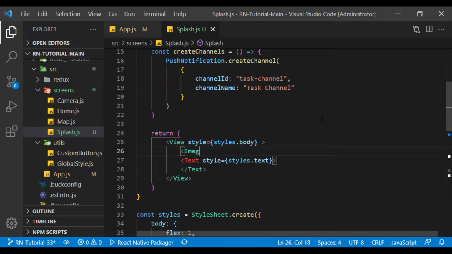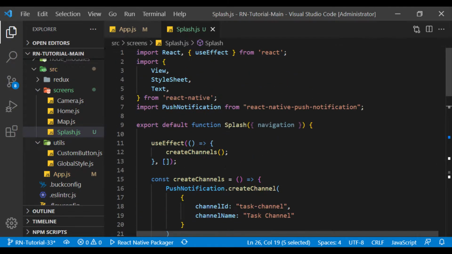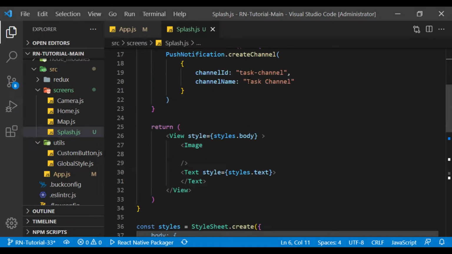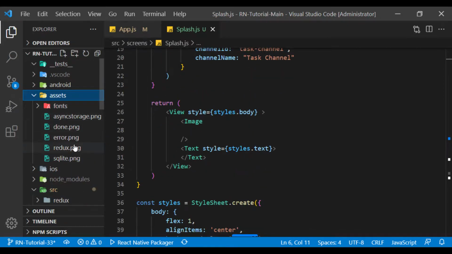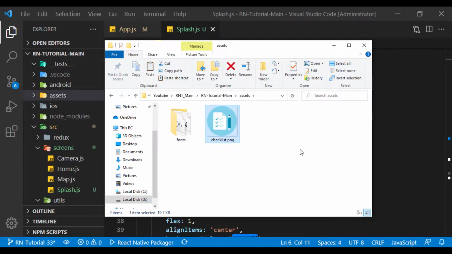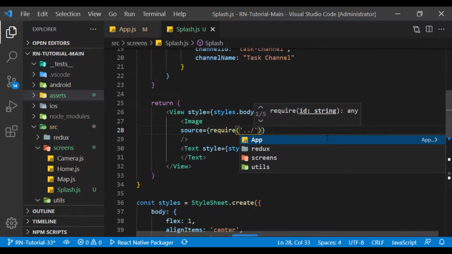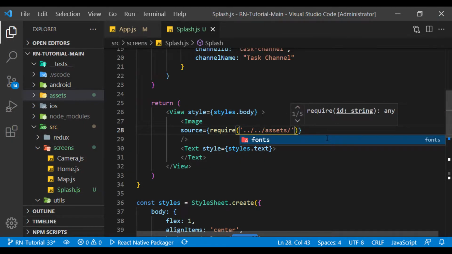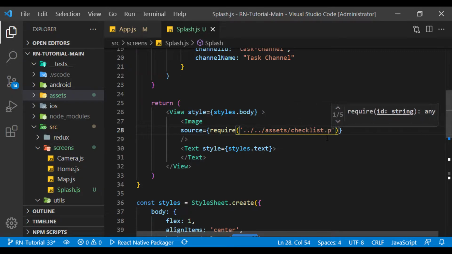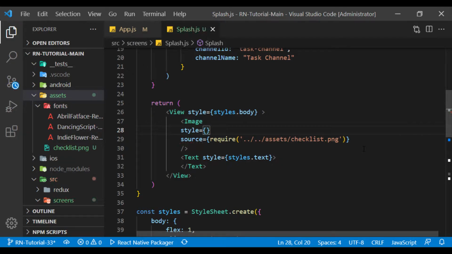Well, now I will create an image on this page to display a logo inside it. Go to the Assets folder, delete the previous images, and copy the image. Now we enter the image address here, and we define its style, which exists from previous sessions.